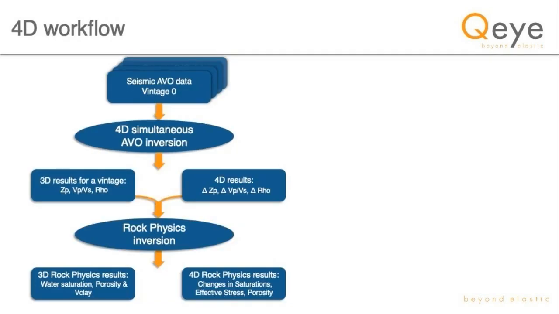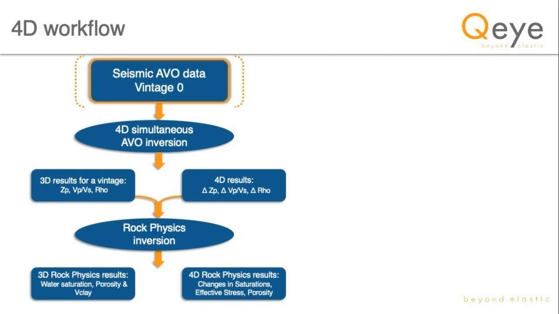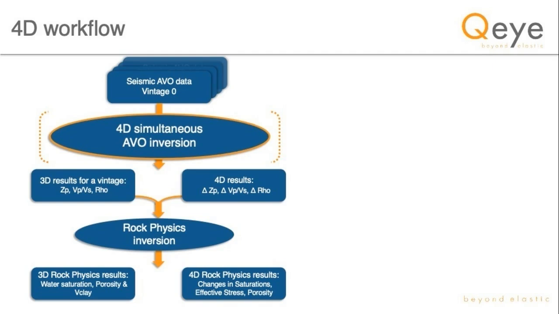If we look at this more like a workflow, we start, of course, at the top, where we can take as many seismic vintages as you like, as many angle stacks for each vintage, and as many azimuths for each vintage as well. So the first step here would be, again, to remove the time shift, make sure all the data is properly aligned. We can then continue to the actual 4D simultaneous AVO inversion, and that's where we will estimate wavelets,